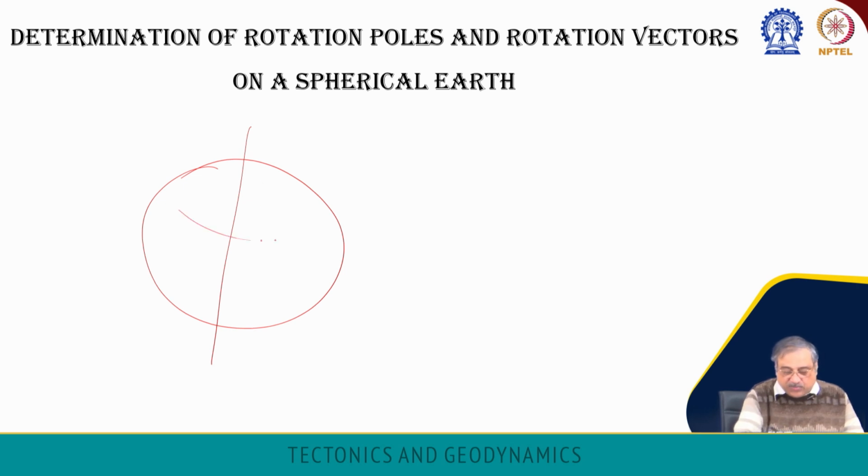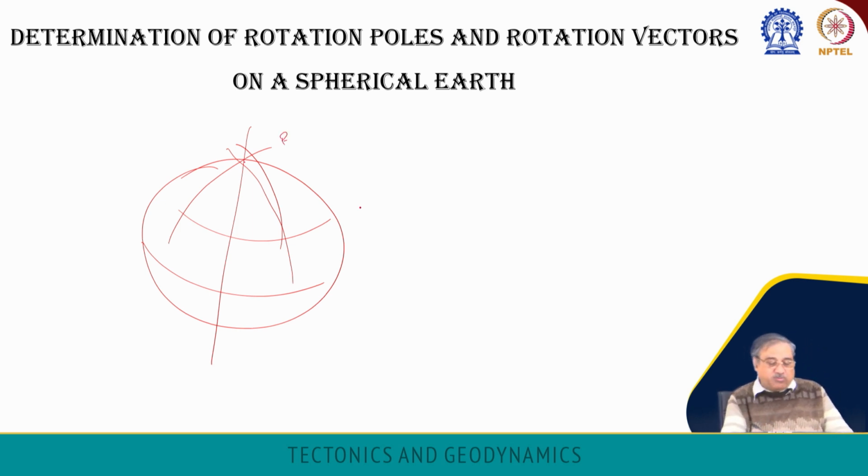suppose this is the part, with respect to this you draw the small circles, or find out transform segments of plate boundaries. Along them you draw the lines which are perpendicular to the transform faults. They will meet in the poles here, and from this we know where the poles are. With respect to geographic north and south poles, we have to specify the positions of the latitudes and longitudes. That will give us the Euler poles of rotation. Alternatively, we can use